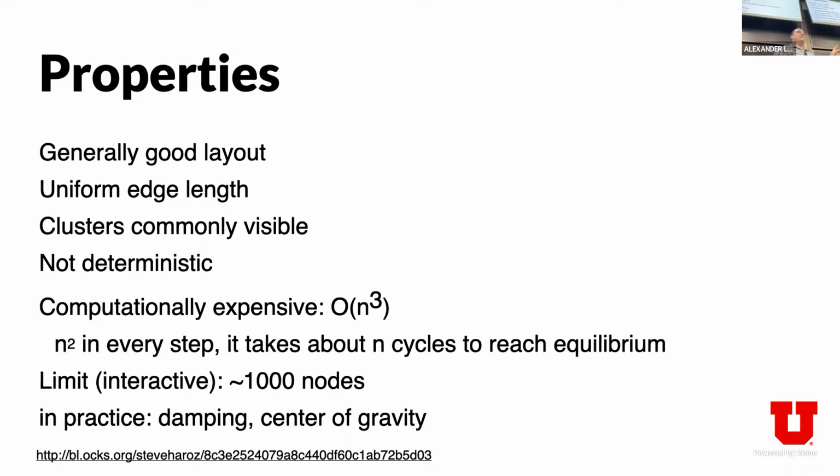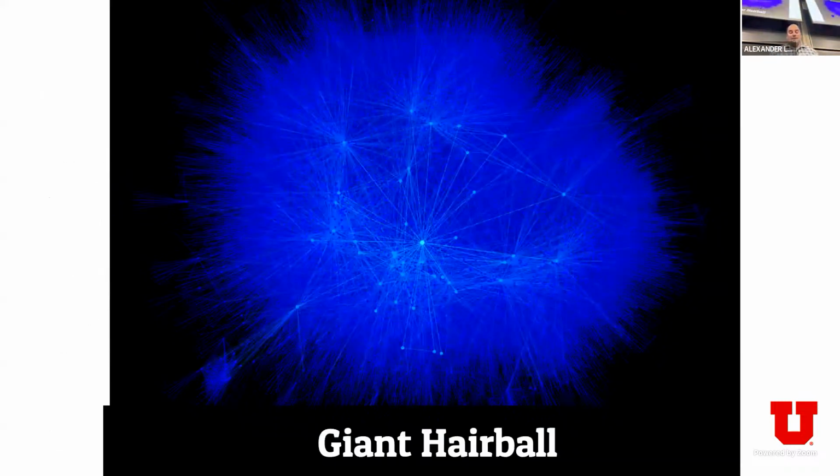For example, we want to make sure that nodes don't overlap, which isn't guaranteed by default in this algorithm, right? So we would have an additional parameter in this algorithm. So the problem is that node link layouts and also force-directed layouts specifically tend to become